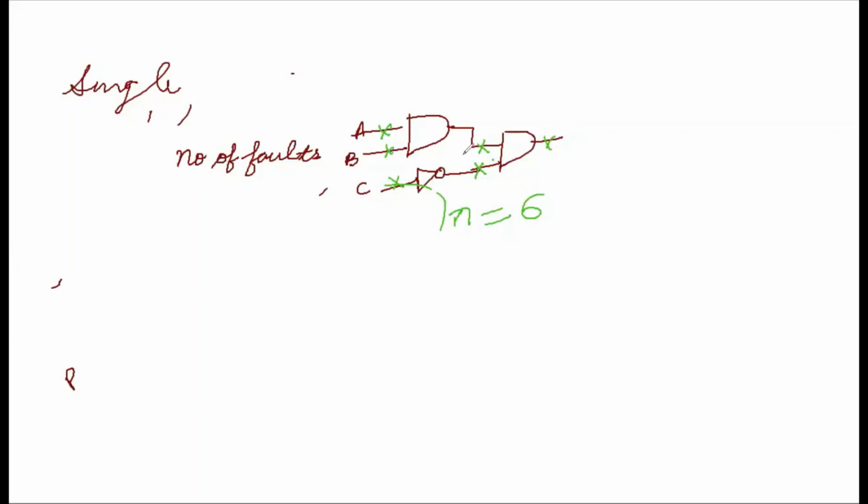मींस देयर इज एनी signal wherever you are able to have any signal in the form of 1 and 0, so there are chances that it can be wrongly stuck due to some defect, so that is going to constitute your node. So in this case, what is my number of faults which are going to be there? Single faults they are going to be k times n, क्योंकि हम सिर्फ दो faults की बात करें, k की वैल्यू 2 है और nodes कितनी है 6, so it will be giving me 12 single stuck-at faults. Now coming to multiple.